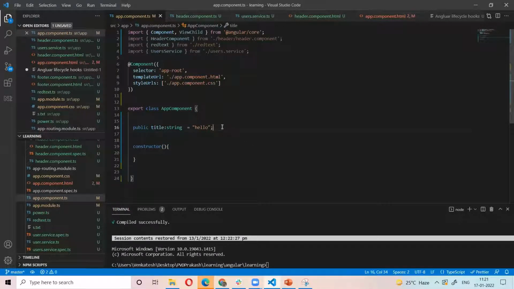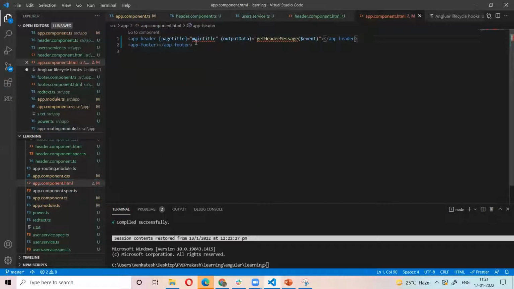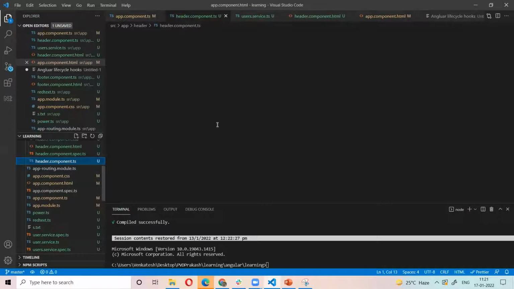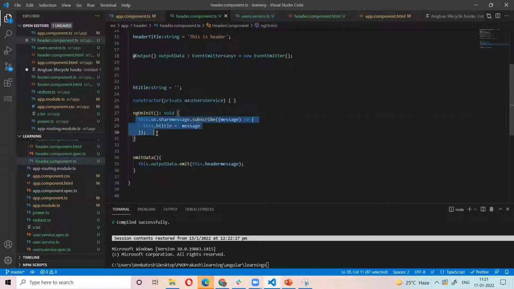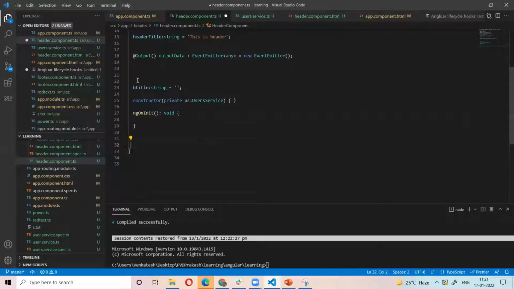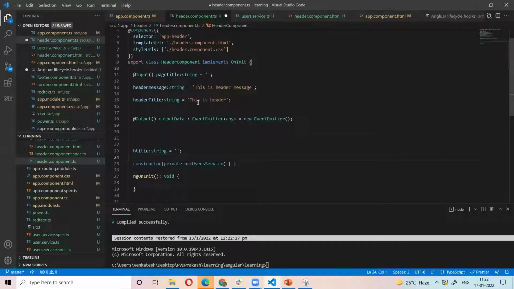Now, in the app component, we have a child component. In the child component, I only have some methods.